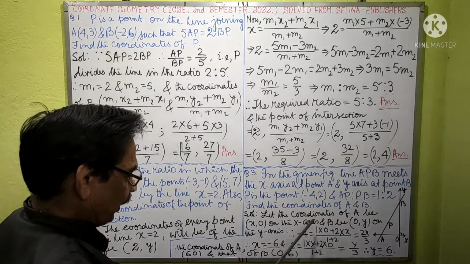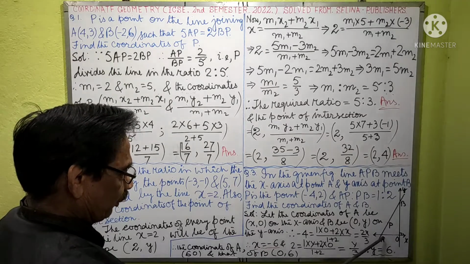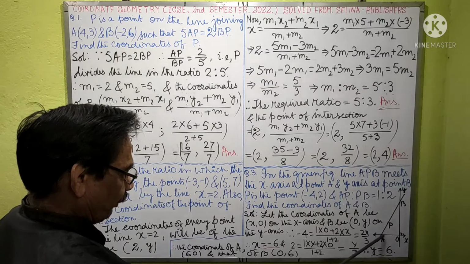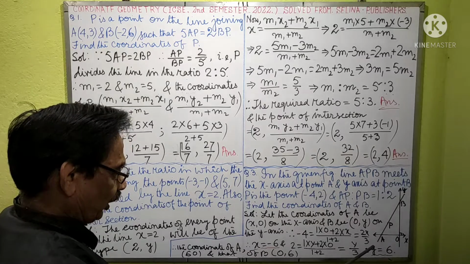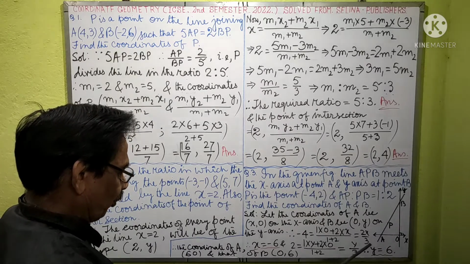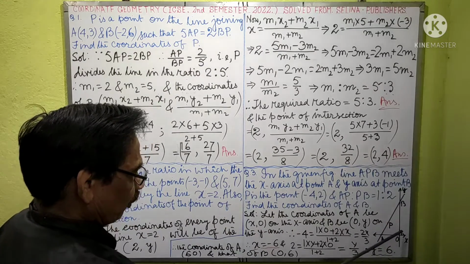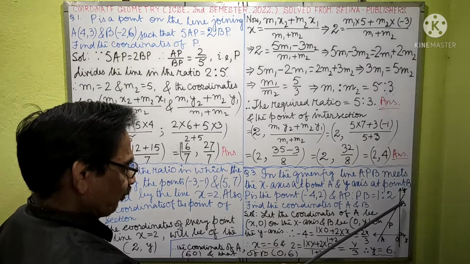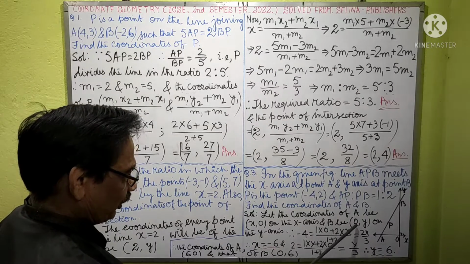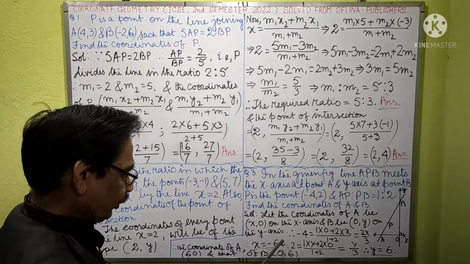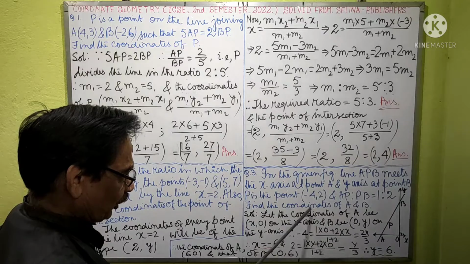Let the coordinates of A be (x, 0), because it is on the x-axis, so there will be a value of x, but the y coordinate will be 0. Similarly, at B the value of x will be 0, but y has a particular value, so B will be (0, y) on the y-axis. P is the point (-4, 2), so the x coordinate is -4.